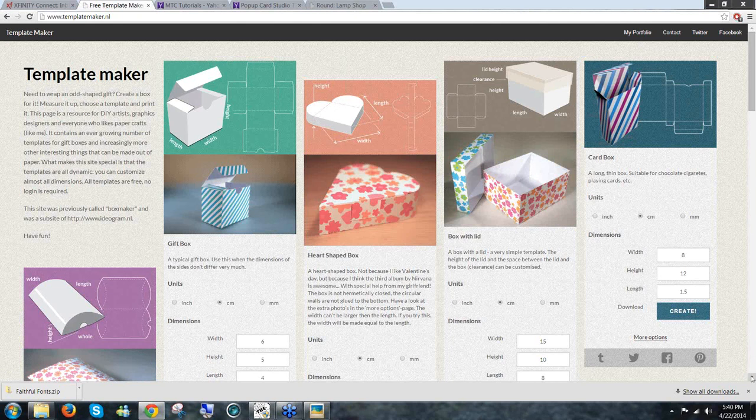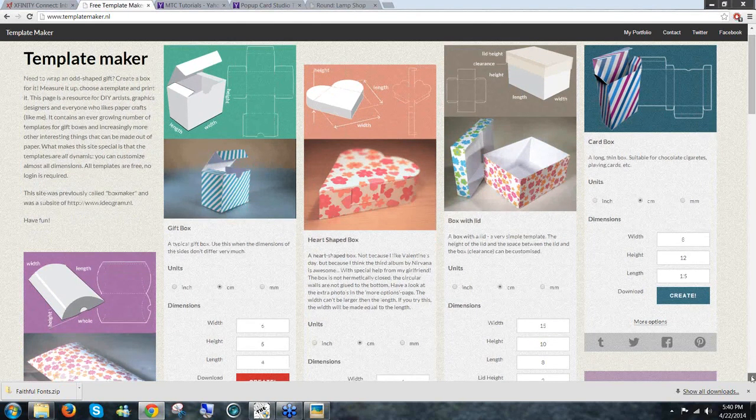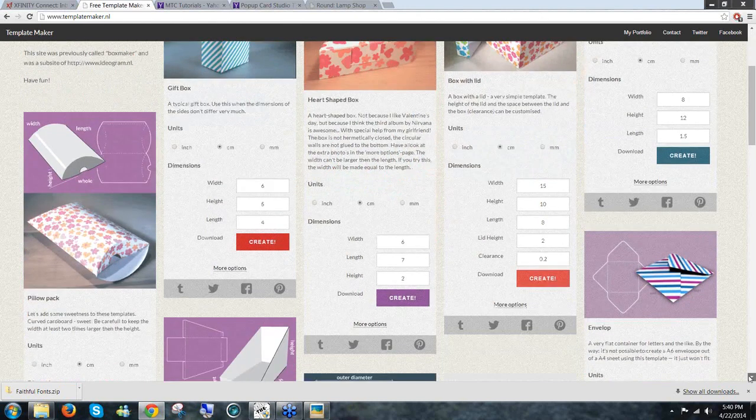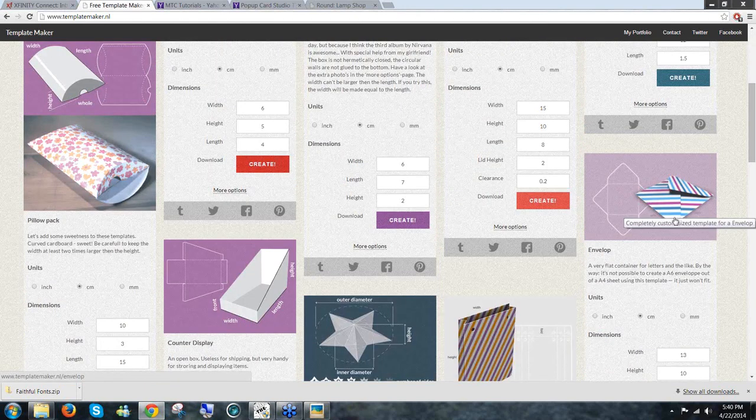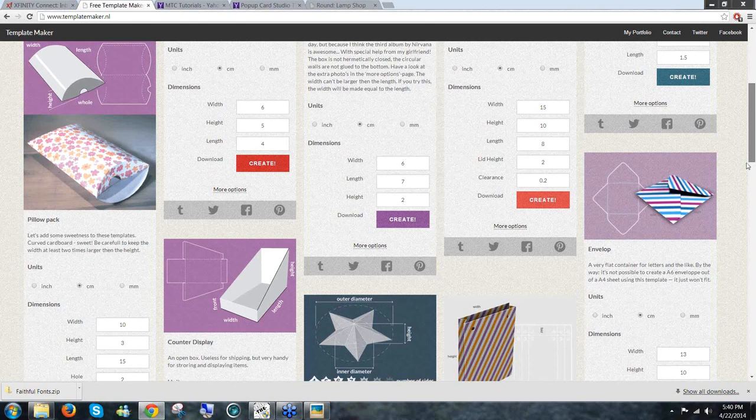So here's the envelope maker right here. I thought I would show you how to do an envelope really quickly using this template maker plus Make the Cut. If you click on the envelope, you'll see that